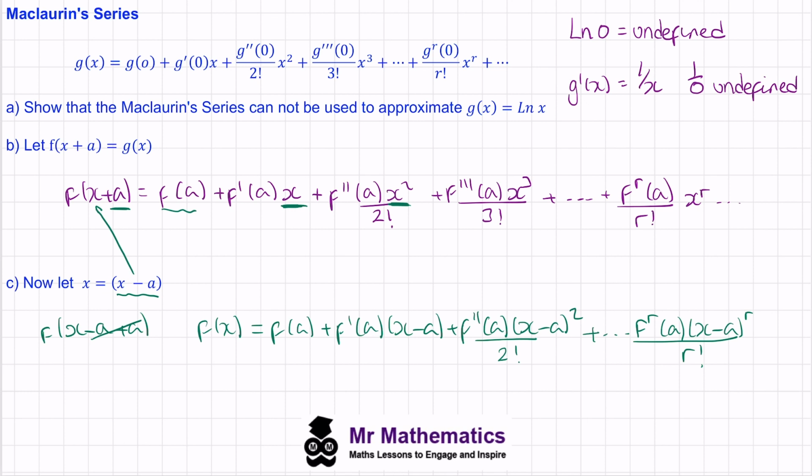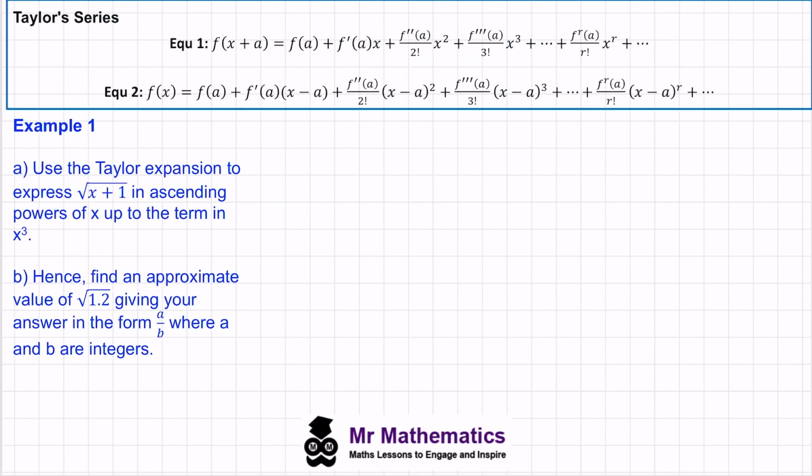In our next example, we're going to use the Taylor series to approximate a square root function. Okay, so in example 1, we've been asked to use the Taylor expansion to express the square root of x plus 1 in ascending powers of x up to a term in x cubed, and then to find an approximate value of the square root of 1.2, giving our answer as a fraction,